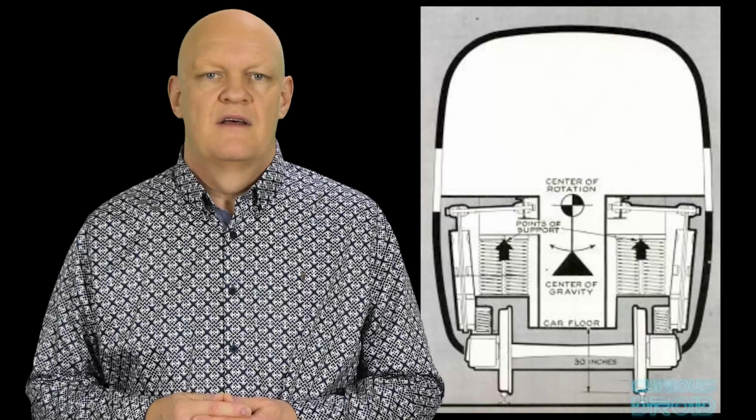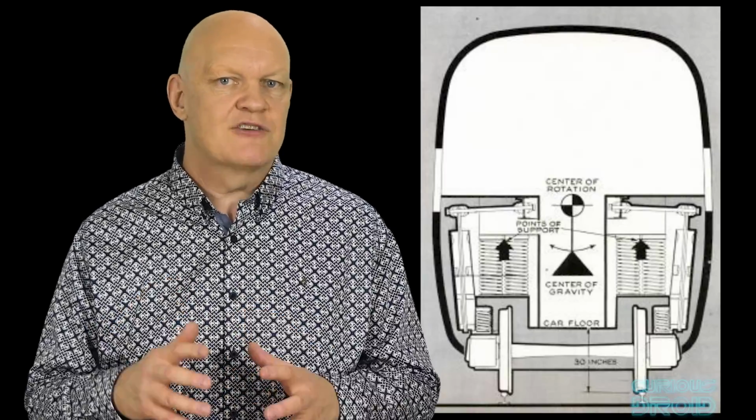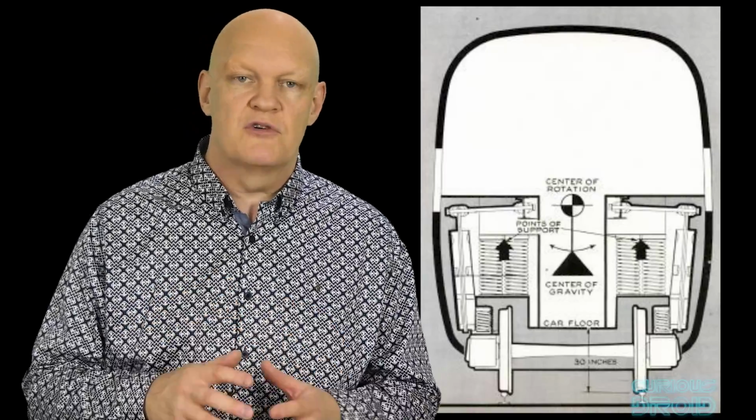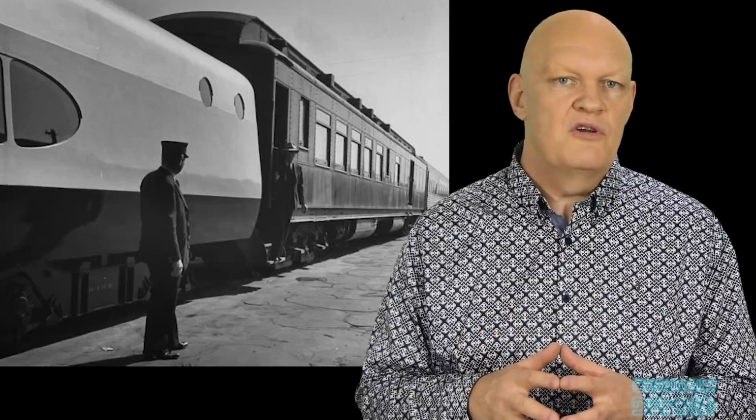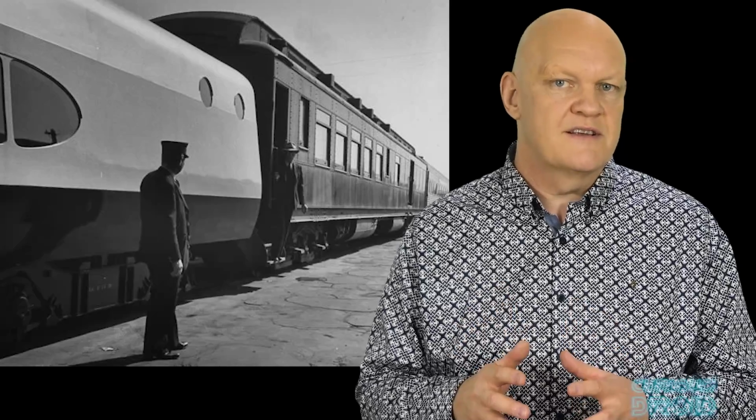However, there are issues with this pendulum method, as there is a delay between the onset of a curve and reaching the proper tilt angle naturally. The carriage tilt angle would overshoot and oscillate as the lateral peak force is reached before settling down. On slow-moving, sharper turns, such as negotiating multiple points or changing tracks, the swaying from side to side could be